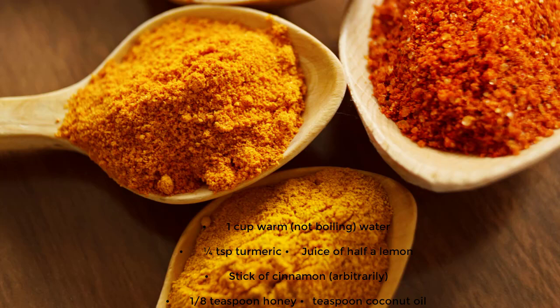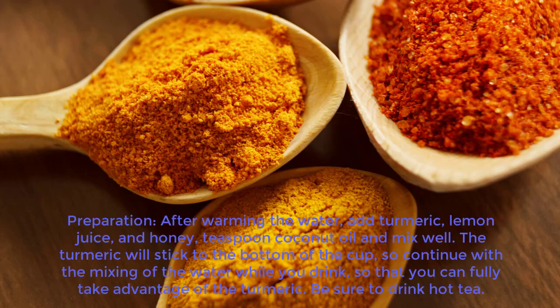Teaspoon of coconut oil. Preparation: after warming the water, add turmeric, lemon juice, honey and a teaspoon of coconut oil and mix well. The turmeric will stick to the bottom of the cup, so continue mixing the water while you drink, so that you can fully take advantage of the turmeric. Be sure to drink hot tea,